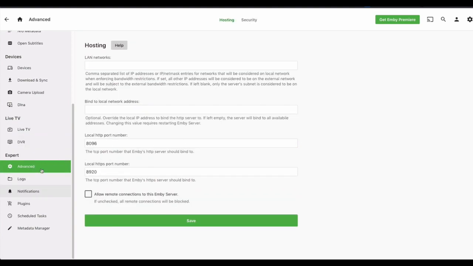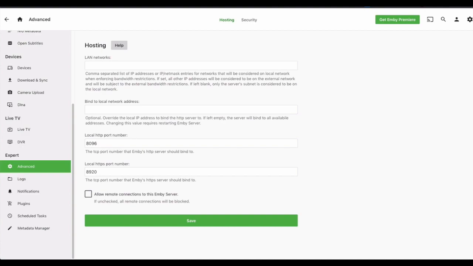And of course we have the advanced feature expert level, which allows you to change things which are particular to the server, things like ports where the server would be accessed and so on, and also to allow it to have remote access. So if you click this, you can access the server remotely over the internet if you punch a few holes in your router, basically using port mapping,